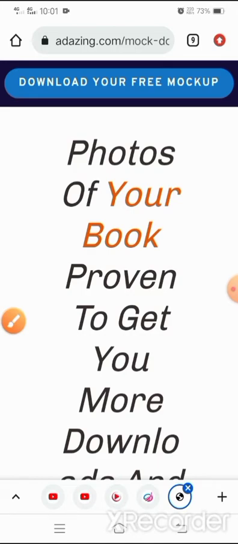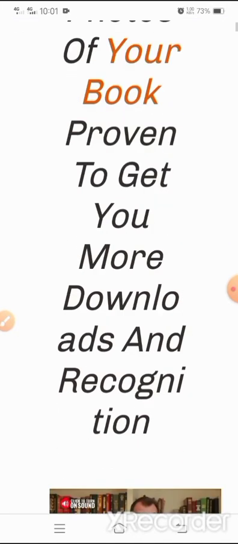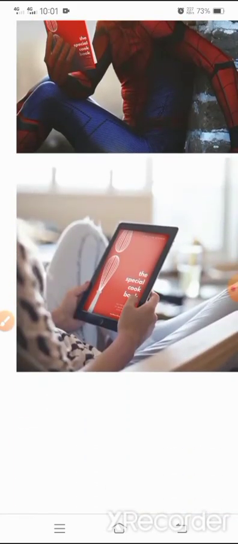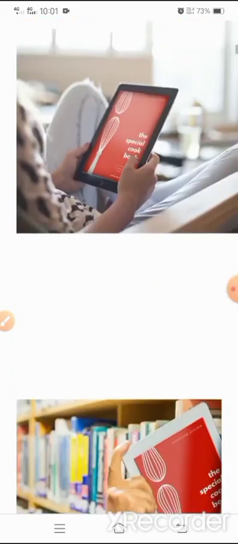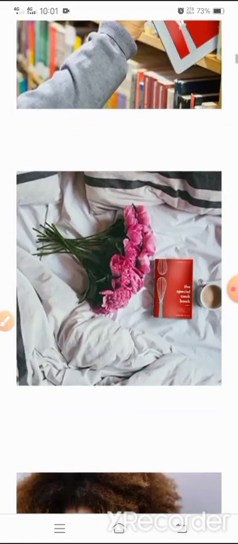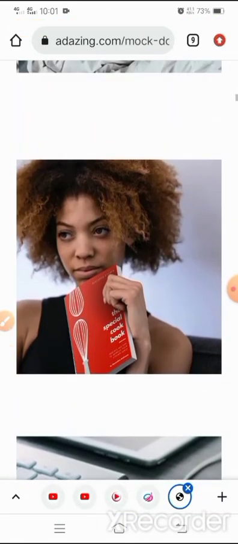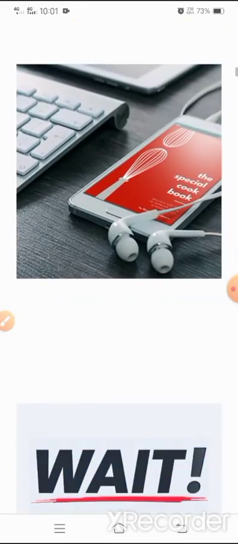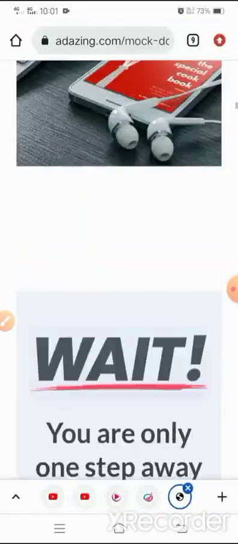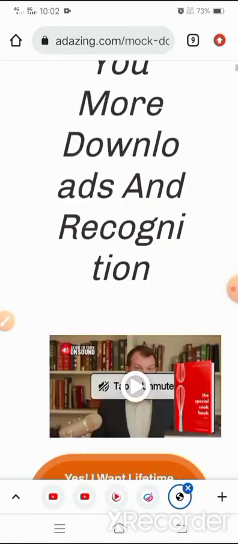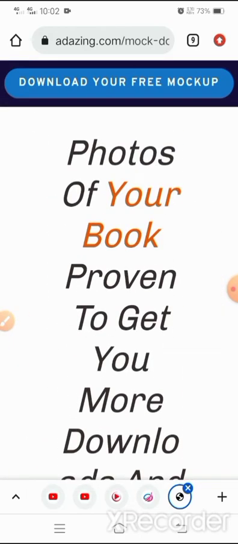But first of all, let me show you an example of how it looks. I think they used to show the example. So this is how it looks. See, this is the example of the mockup we just created. Isn't that amazing? What a fantasy book! What a wonderful book! So you can have a trial of other things. They have so many templates. You can go for pro if you want pro,